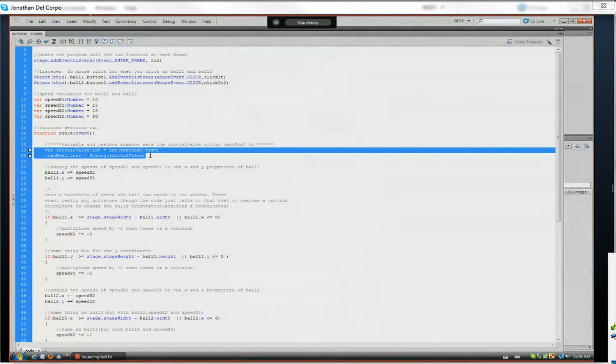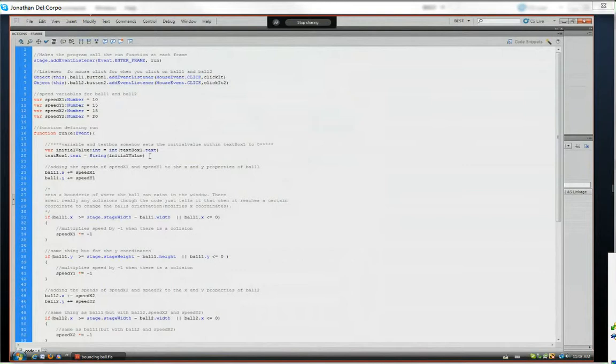Why? Because on the first line where we wrote initial value equals int textbox1.text, at this point textbox1.text is empty, and in Flash, when you convert an empty string into an integer, it gives the value 0. And then after that, you convert it into a string, and you put that string into textbox1.text. You could have just written